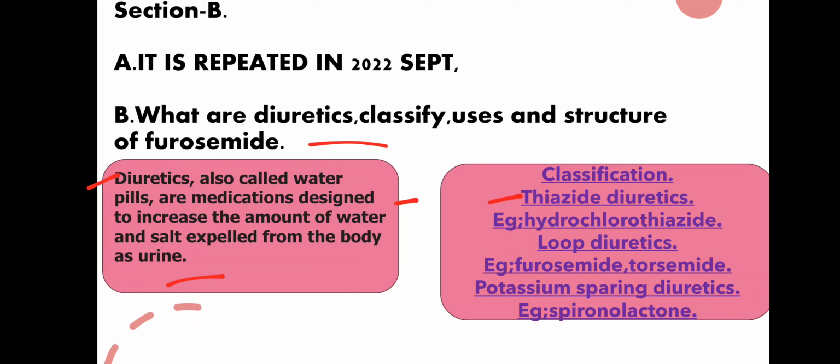Classification: thiazide diuretics, example is hydrochlorothiazide. Loop diuretics, example furosemide, torsemide. Potassium sparing diuretics, example spironolactone. Then write a note on